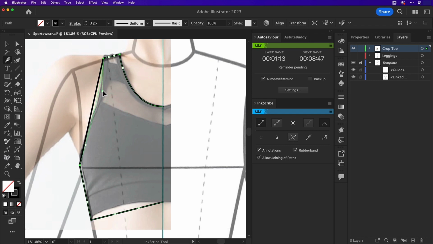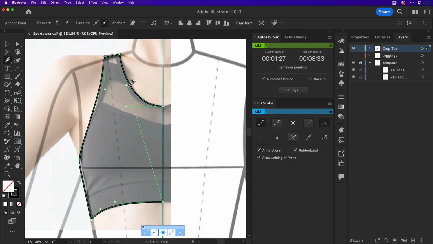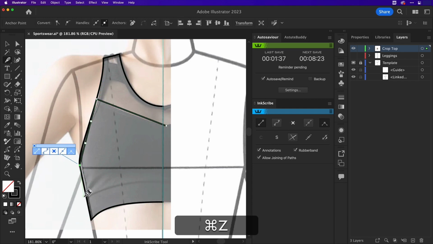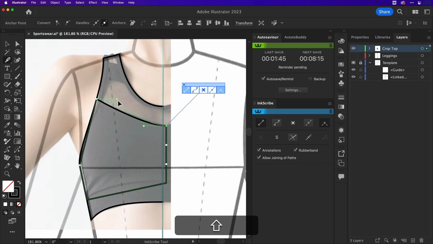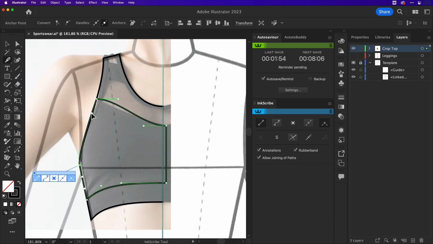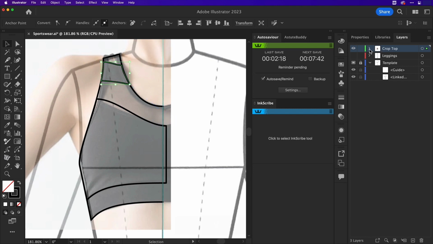Now without leaving Inkscribe, we can move on to the next segment and click and drag to make a curve, using the large handle points to adjust it. Now we've created one half of the top, we can add some details. This time I'm going to cross the centre line and close the path, and I'll show you why that doesn't matter later on when we reflect it with MirrorMe.